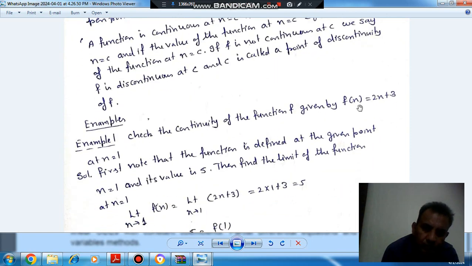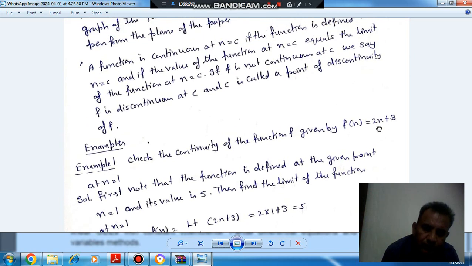Okay, suppose we have this function f(x) = 2x + 3, and we want to draw its graph at x = 1. If we choose x = 1, then we get 5 here. And if we choose slightly less than x = 1, suppose 0.9, we get some value, and if we choose slightly more than x = 1, so 1.1, then we can draw the graph starting from 0.9 to 1.1 without lifting the pen. So for this function, that's why this will be a continuous function.